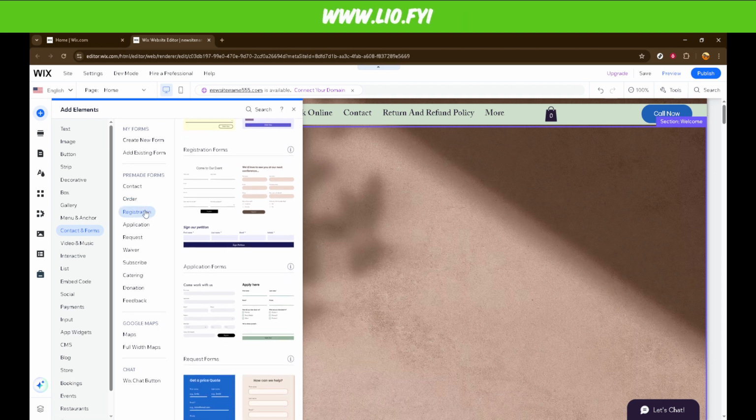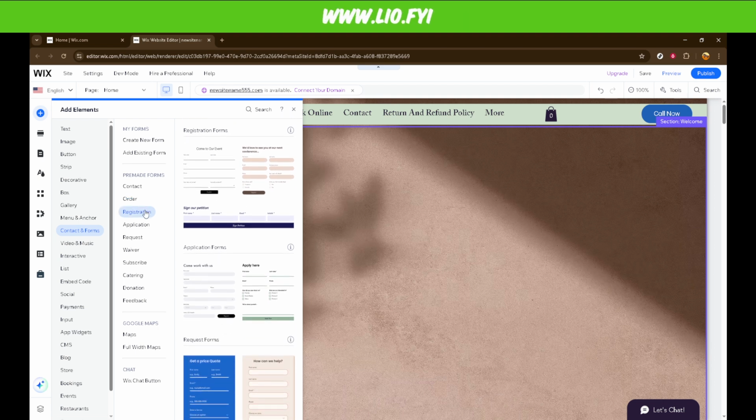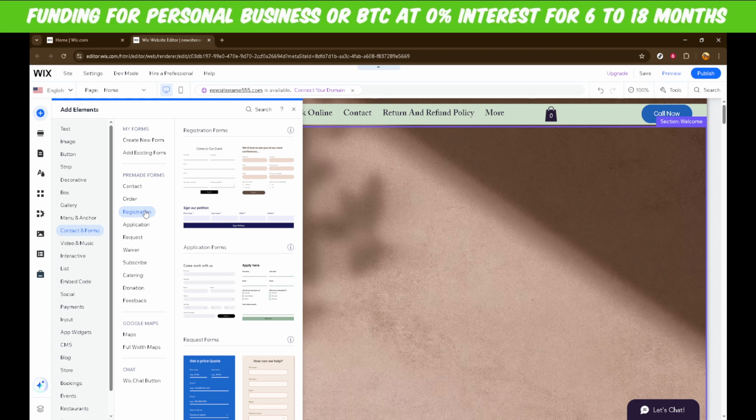Selecting this will guide you to the registration forms available within Wix, crafted to make the registration process easy for your site's visitors. Adding a registration form is not only essential for building a community, but also for gathering users' information effortlessly and securely. After you've clicked Registration,